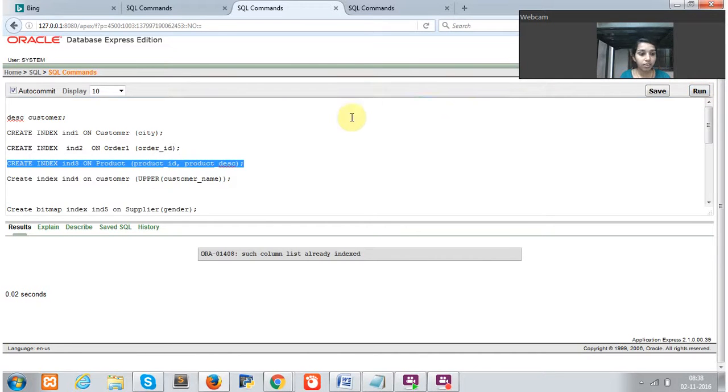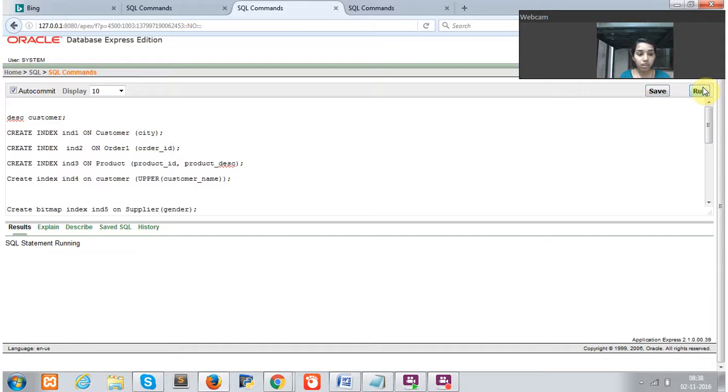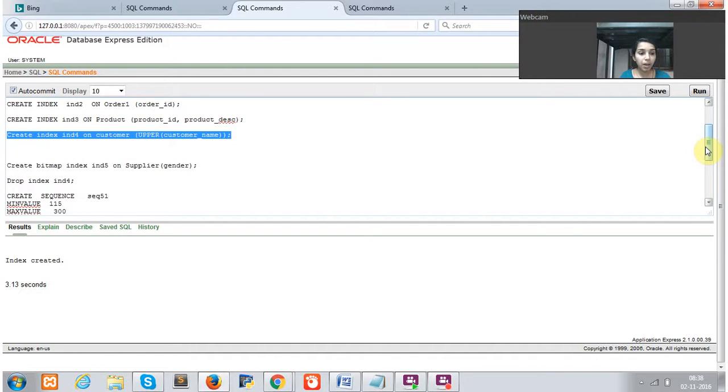the index is created. And the fourth question is to create a function index. For that, create index4 on customer, and we are changing the customer name to uppercase, so that while running this one, this index is created. And the fifth question is to create a bitmap index, that is index 5 on supplier,